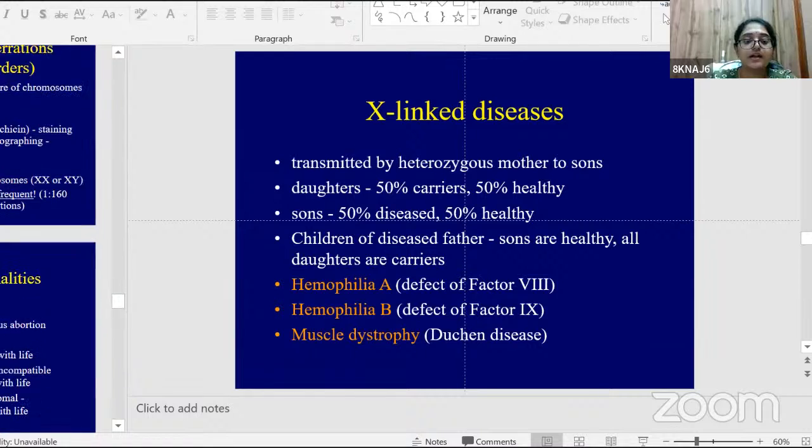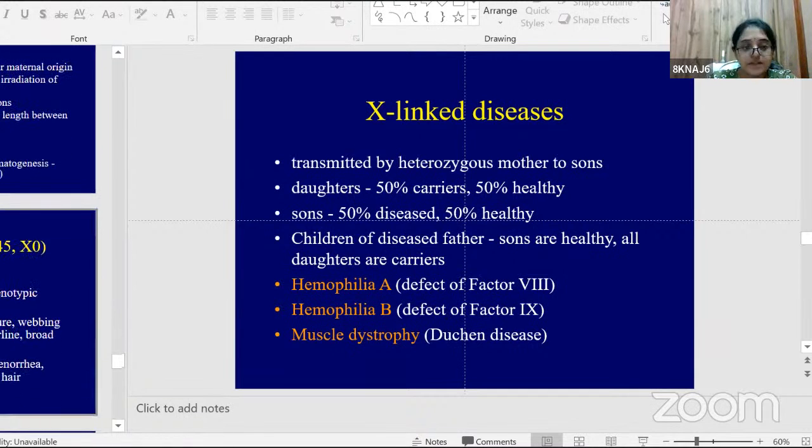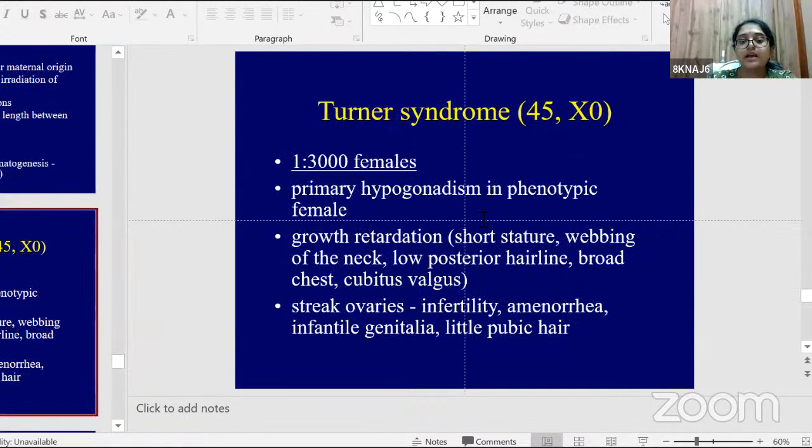And with the absence of the X chromosome, you will be having infertility, amenorrhea, that is lack of menstrual cycle, in fact infantile genitalia, all of these are seen basically. And it is a female because of the presence of an X chromosome. So structural abnormalities, all of these are also seen. Now, we have already seen this